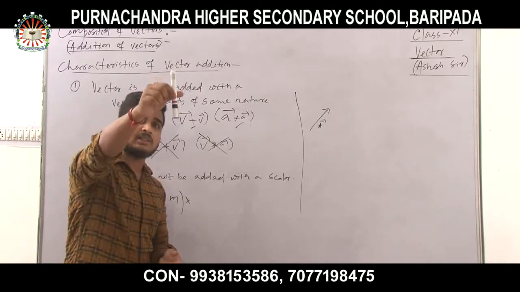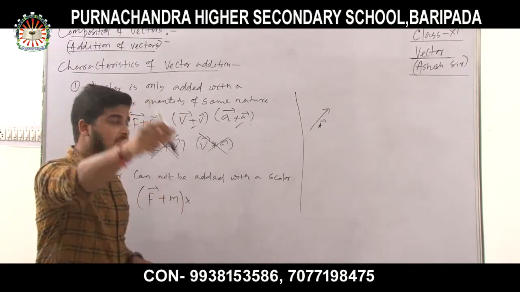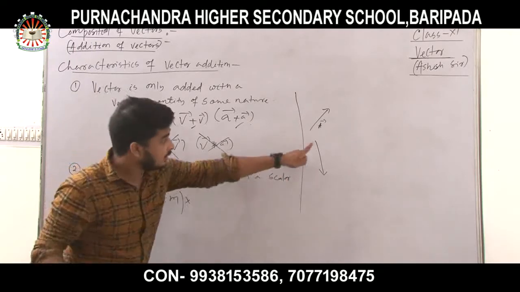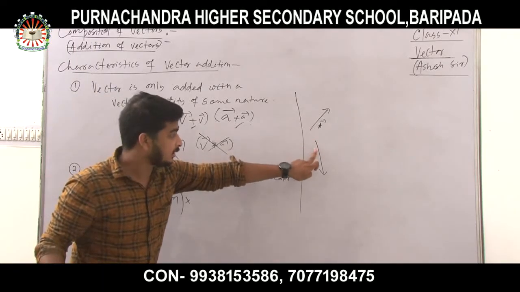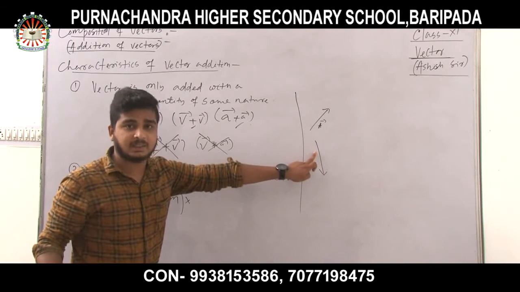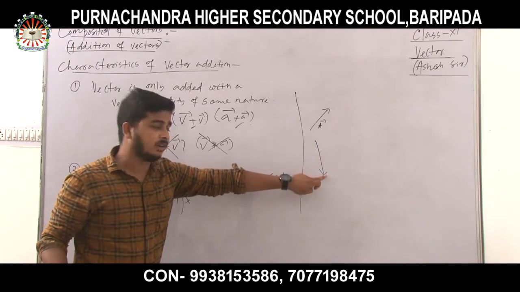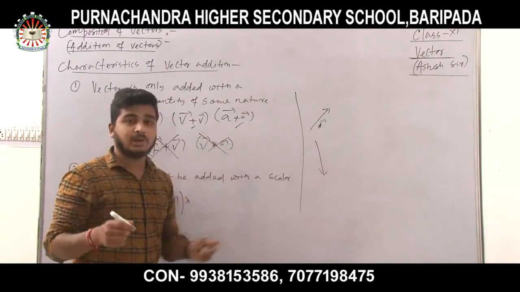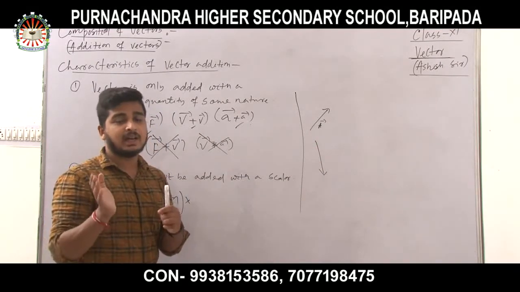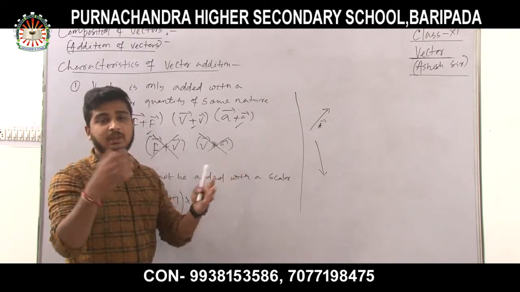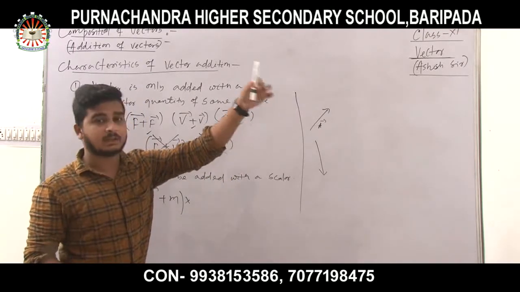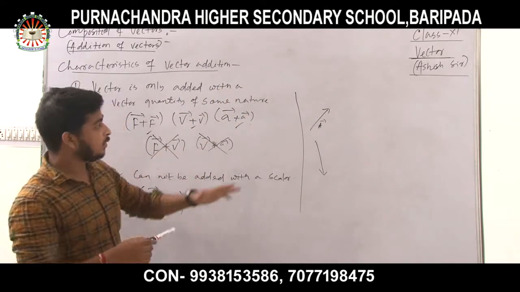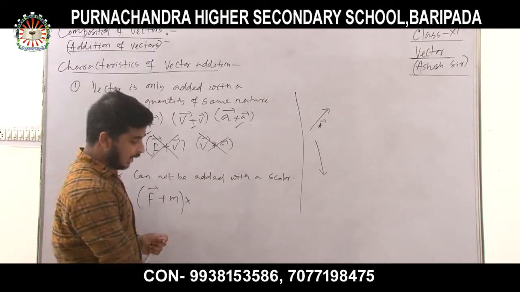You can change the position of the vector, but cannot change its direction and magnitude. Suppose a vector is here like this, so I can take this vector and write it here. I have already told that this straight line represents the magnitude of the vector and the arrowhead represents the direction. You cannot change the magnitude and direction, but you can change the position of a vector in the space. Suppose a vector is here, you can take it to here, or you can take it to there. So these are the facts you have to remember before going to vector addition.